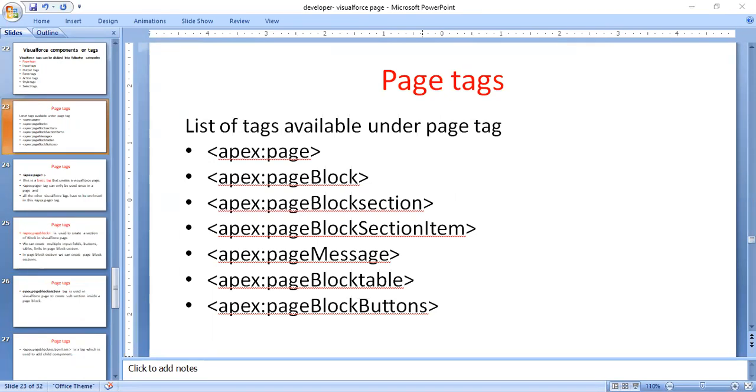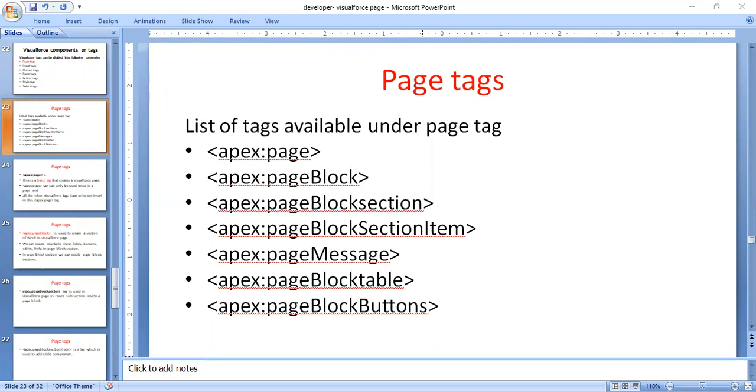If we execute this one, I think it gives some error. How to include this in a form tag? apex:form. I'm going to write this under the form tag.